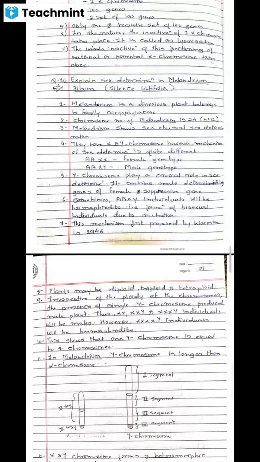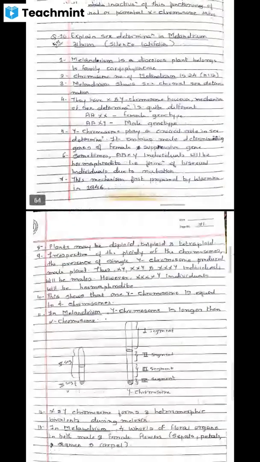So, irrespective of the ploidy of these chromosomes, the presence of a single Y chromosome produces the male body. Thus XY, then double XY and triple XY individuals will be males. However, a 4XY individual will be hermaphrodite. So here, with increasing ploidy level of the X chromosomes, up to 3X a male will be produced. If there are four sets of the X chromosome, at that time hermaphrodite sex will be produced. Hermaphrodite means male as well as female sex, both sexes are present in that individual. So here the Y chromosome is equal to the